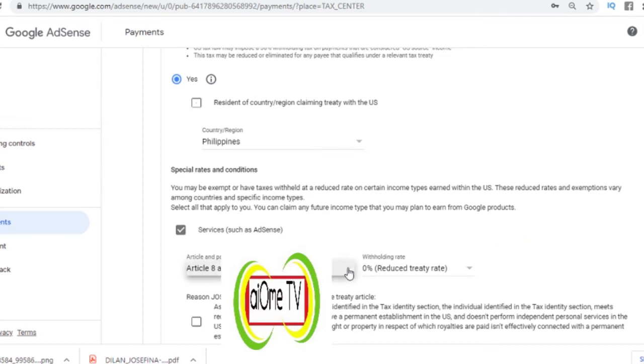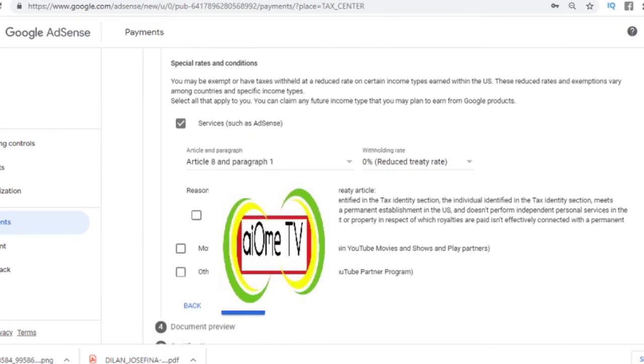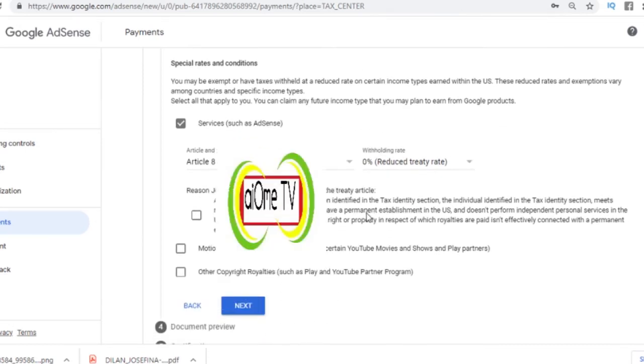So sa Adsense tayo, di ba? So pagka-click ko, Article 8 and Paragraph 1 ang lumabas. Click ko na lang. Ito naman, withholding tax 0% reduced treaty rate, 30% default rate, no treaty. So may treaty nga, di ba? Lumabas yung pangalan ng country sa taas. So ayan, 0. Ayan, reason na